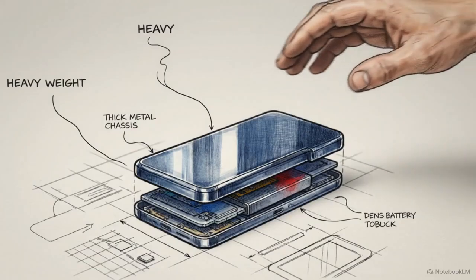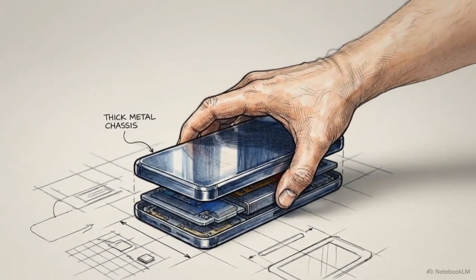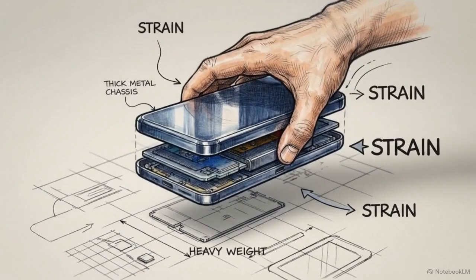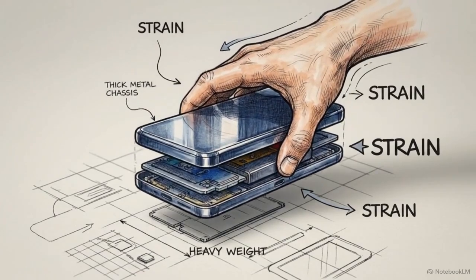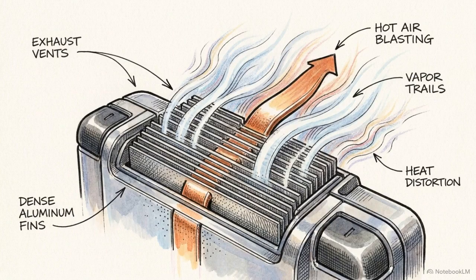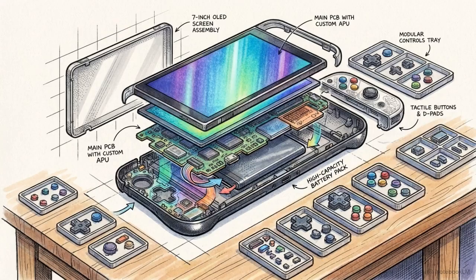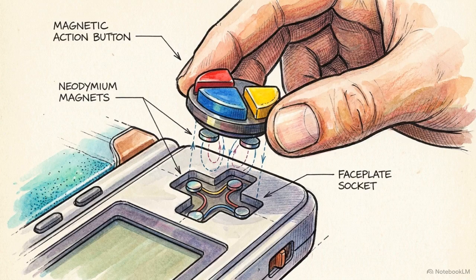But wrapping internal components in solid metal creates a massive physical burden. The device's weight balloons up toward that of a full Nintendo Switch. That means faster hand fatigue during play sessions, louder active cooling fans to manage heat, and a notoriously buggy software user interface. Over in the modular space, the Mengmi Pocket Max takes a different approach by focusing on custom inputs,